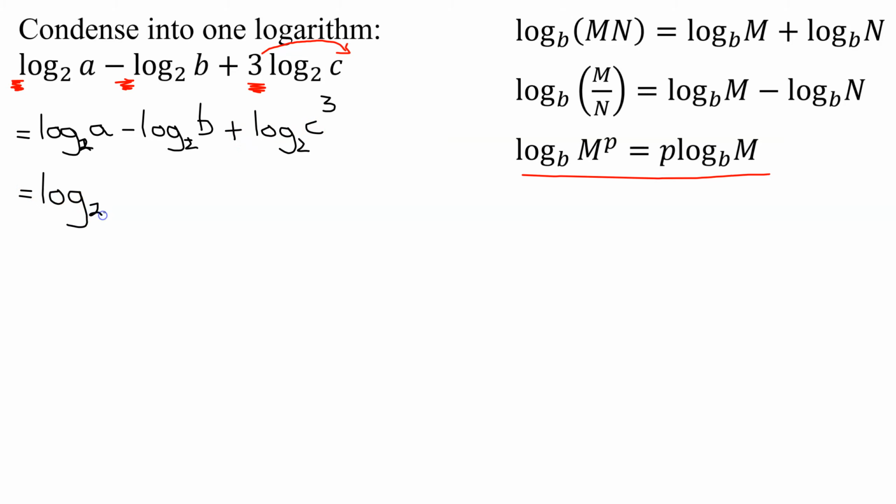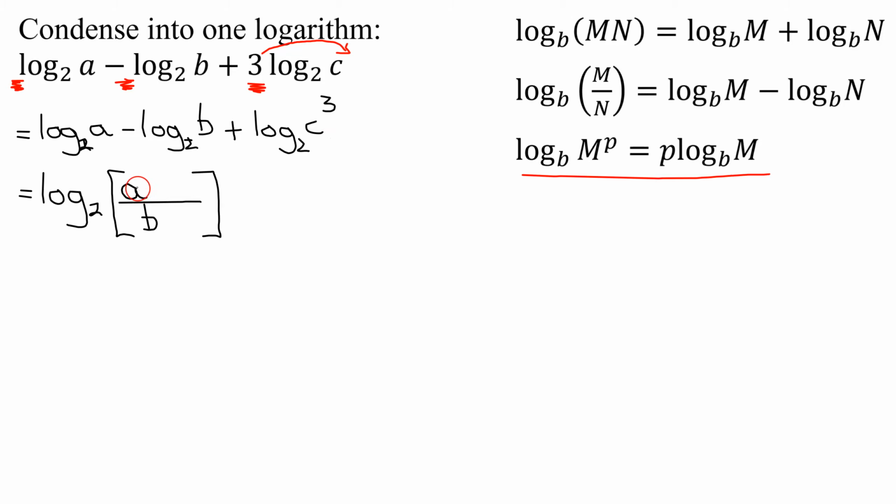So I'm going to have log to the base 2 of something. We have to decide what that something is and where everything goes. So if there's a positive in front of it, it goes in the numerator. If there's a negative in front of it, it goes in the denominator. So this first one has a positive 1 in front of it. I'm going to have a in the numerator. The second one has a negative 1 in front of it, so I'm going to have a b in the denominator. And the last one has a positive 1 in front of it, so I'm going to have c cubed